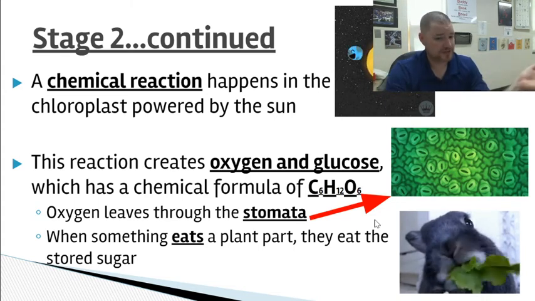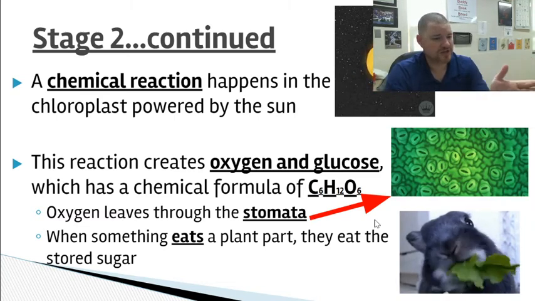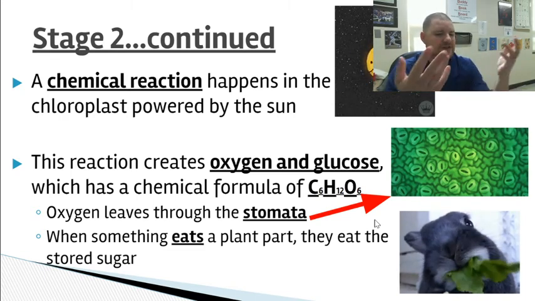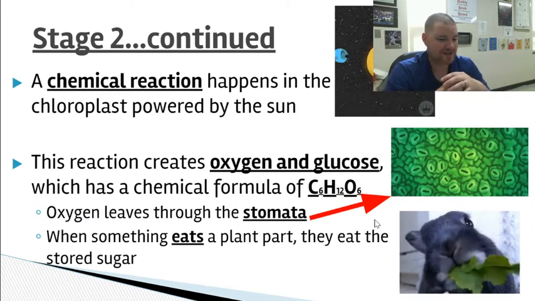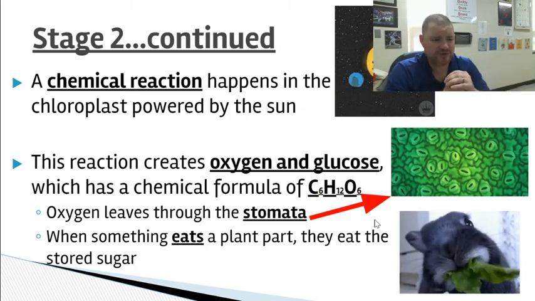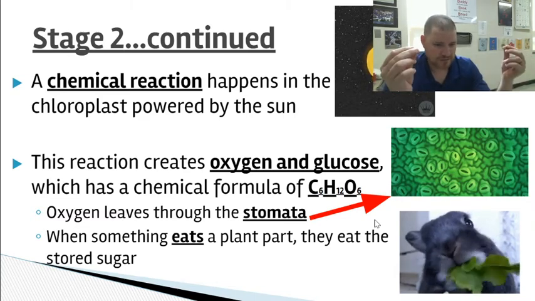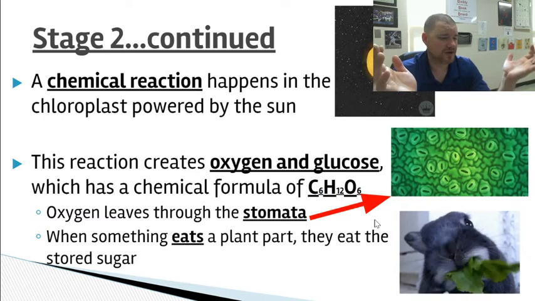The leftovers in this case is oxygen. Plants only need so much oxygen in order to carry out respiration, so it ends up giving the boot to a majority of the leftover oxygen so that it releases it back into the air, just like we breathe out carbon dioxide. So oxygen goes back through the leaf, through the stomata, kind of like we give out stuff through our mouth,